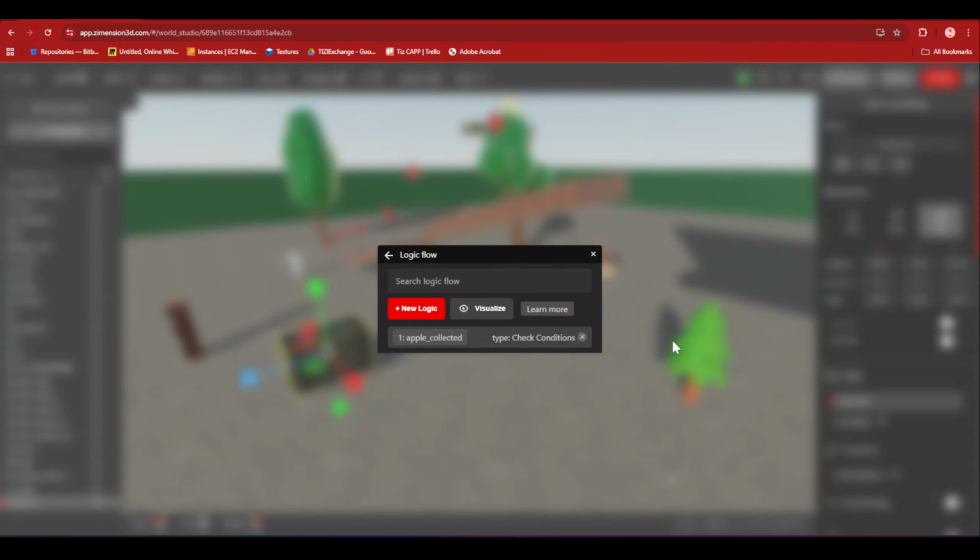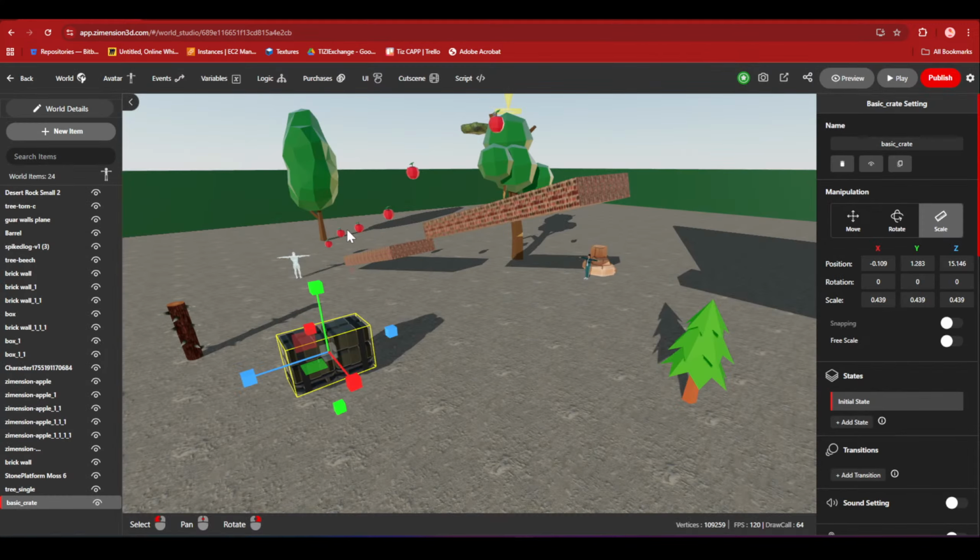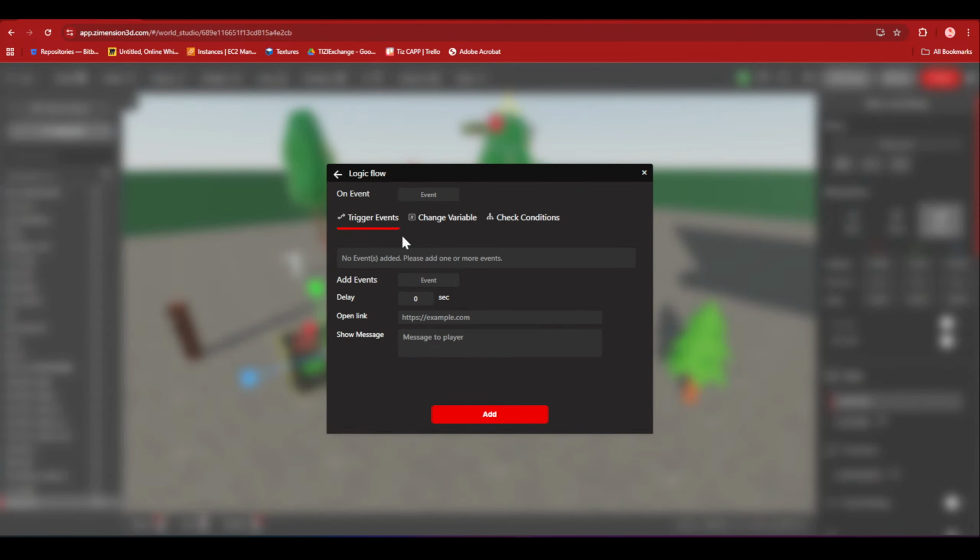In the logic section, first I'll create an event like error, show message. Okay, and on show message, we will add logic after like 1 second. You can actually open a link to a product or a different world, or you can write a message.